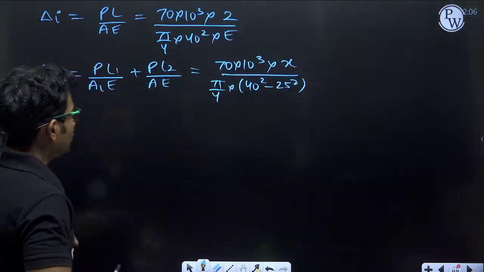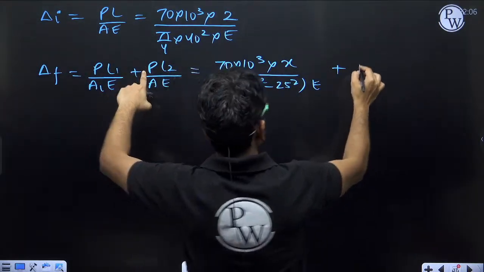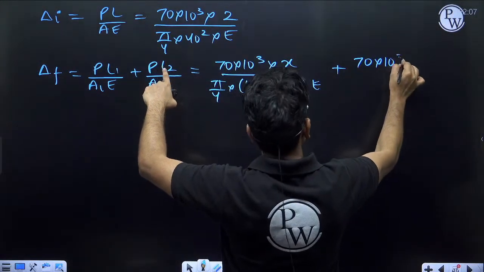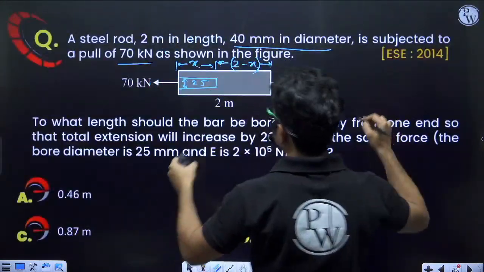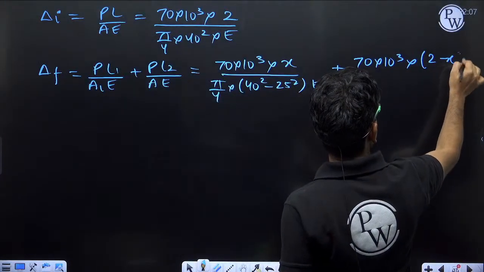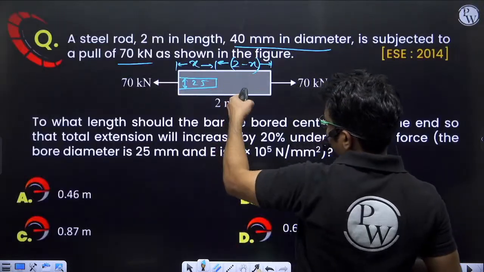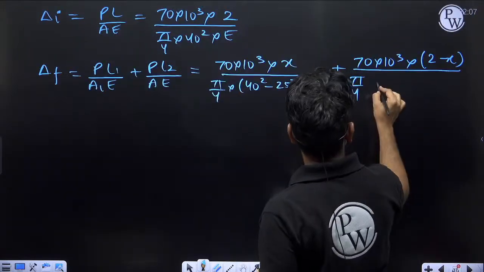So pi by 4, 40 square minus 25 square into Young's modulus, plus P, again 70 into 10 to the power 3 into length L2. Here length L2 will be 2 minus x, divided by pi by 4. Now in this part we have the original area, pi by 4 into 40 square